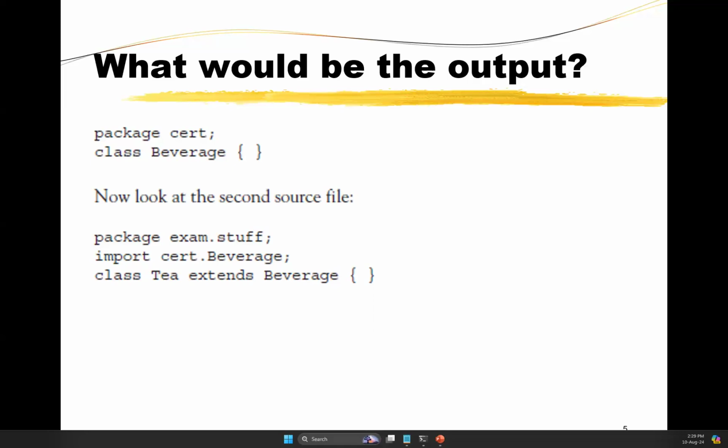Okay. Now, in order to answer this question, what you need to do is first look at the beverage class. The beverage class is inside what package? Package cert. Right. Then you need to look at the T class. The T class is in what package? exam.stuff. Right, now they are in two different packages. That is confirmed. Therefore,